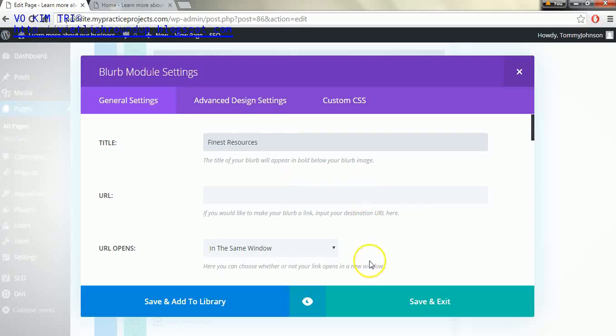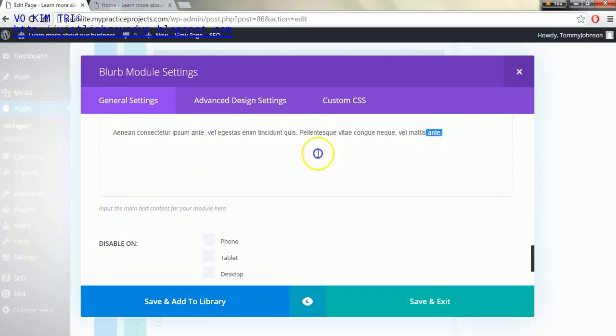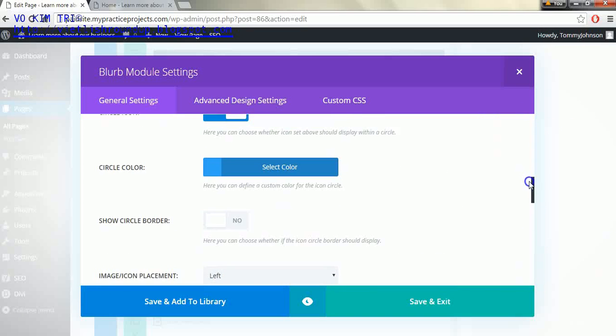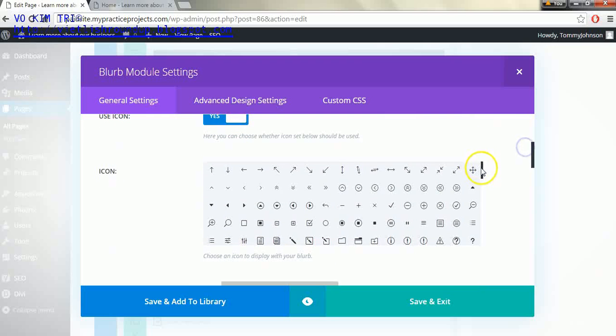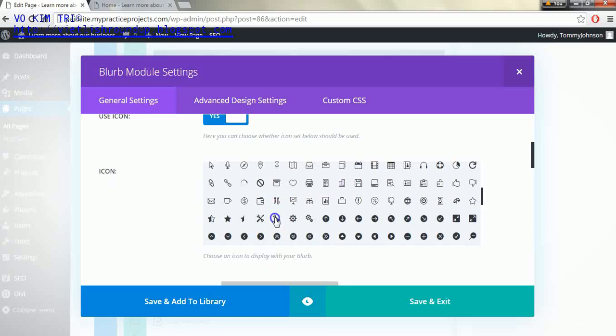And now if we scroll down, we can go all the way to the bottom, and I'll just add in the text here first before I get into anything else. And I will then go up